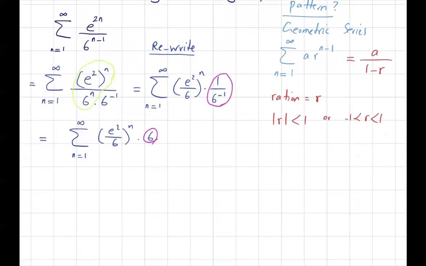So what do you get? You get 6 times the summation of e squared divided by 6 to power n, right? But what do we see here? e is the Napier number, and it starts from 1, goes to infinity. What is the approximation for the Napier number? Remember, your ratio here is e squared divided by 6. e, or the Napier number,